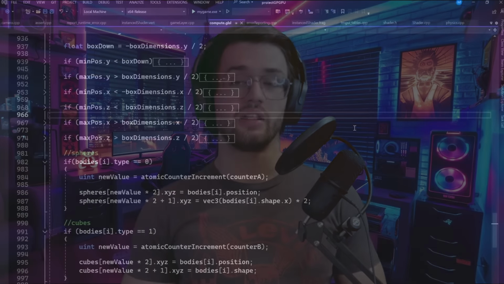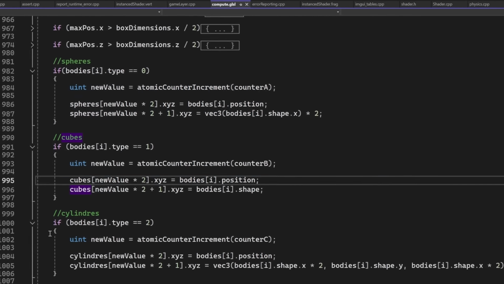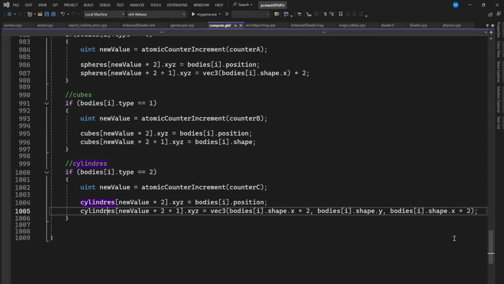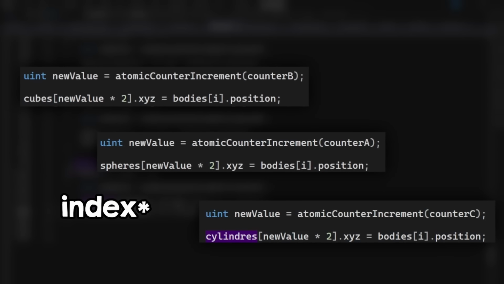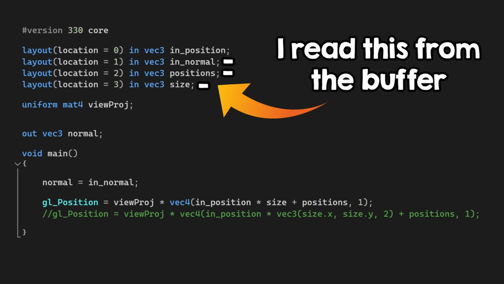Okay, so now we need somehow to take this data and render it. And what I will do is I will move it at the end of the shader into 3 different buffers, one for each shape. And remember that each shape will be executed in a different thread. So I'm using some atomic counters to get a different position for each shape. Then I use instance rendering and read the size and the position for each shape from this buffer,